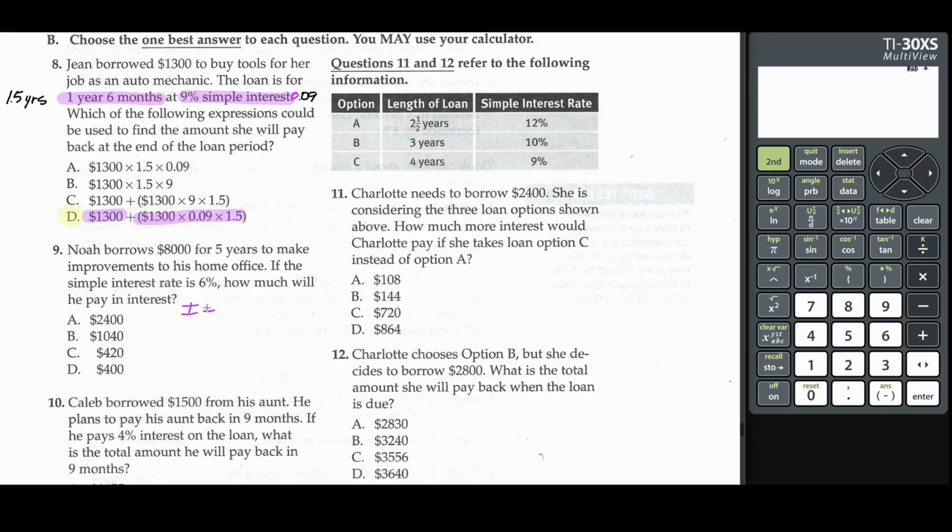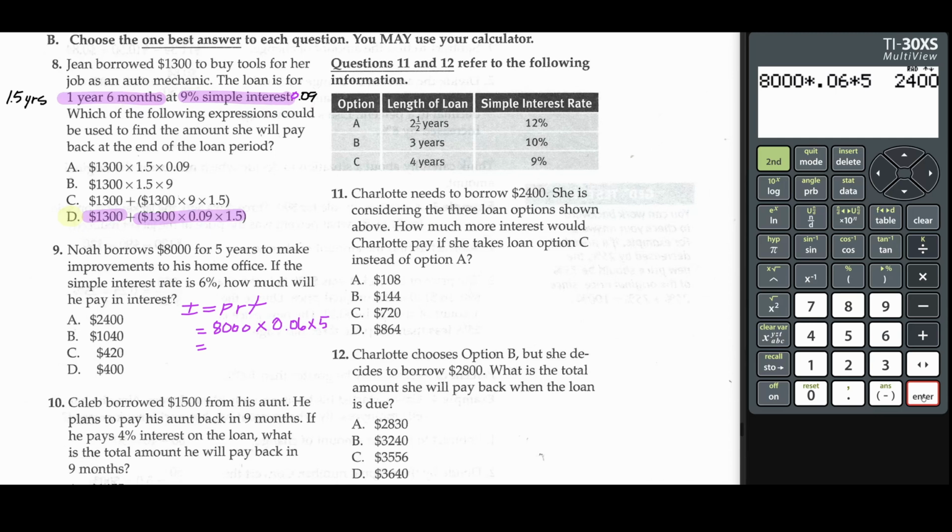I equals PRT. So P in this case is $8,000. That multiplied by 0.06, multiply that by 5 years, and see how much it comes to. So go to the calculator, punch in 8,000, multiply that by 0.06, multiply that by 5 years. Enter. That's